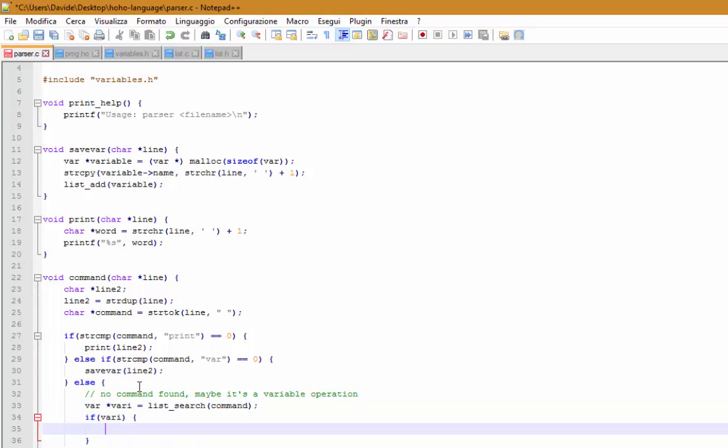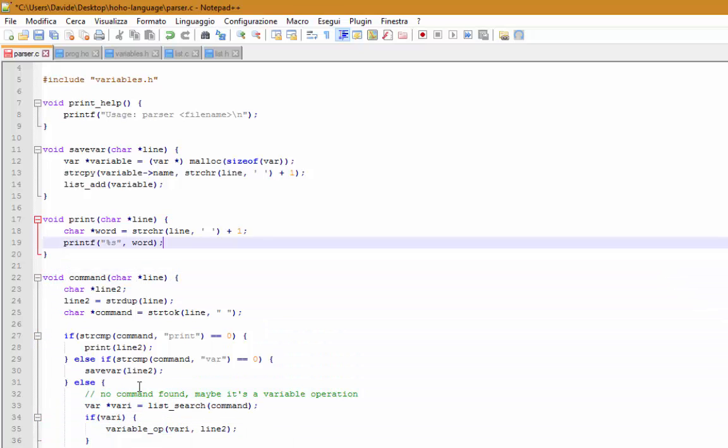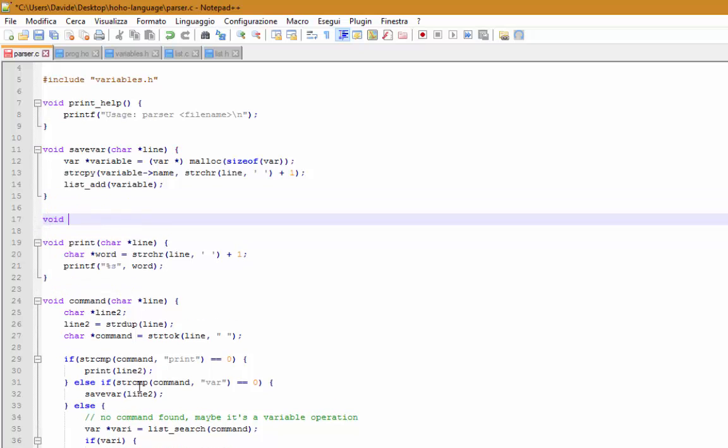And if the function returns something that's not null, we can call variable op, which is our function, passing the struct of our variable and the other part of the parsed line, so equals 5. We create the function,